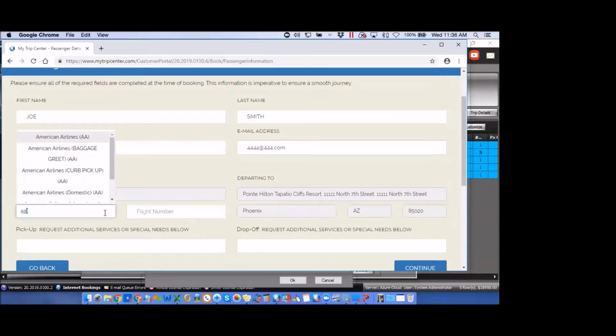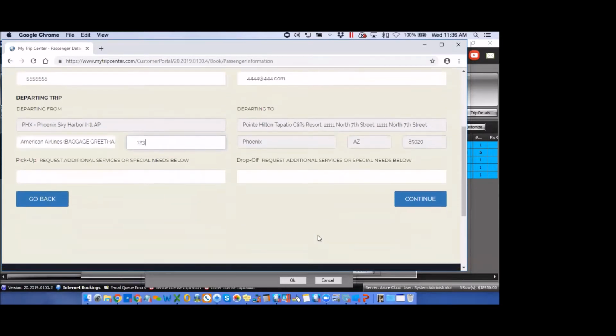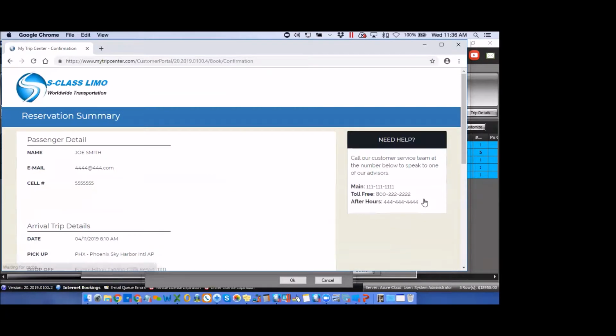I'm going to put in American Airlines on this one. Perhaps they want a baggage greet, flight number. It already has the information there of where they're picking up or dropping off, or the drop-off location. They can put in additional information in here, such as needs wheelchair or child seat or whatever it might be. Click on the continue option,